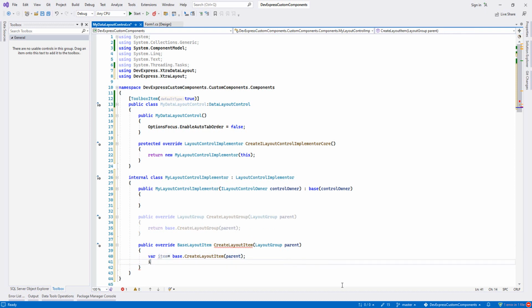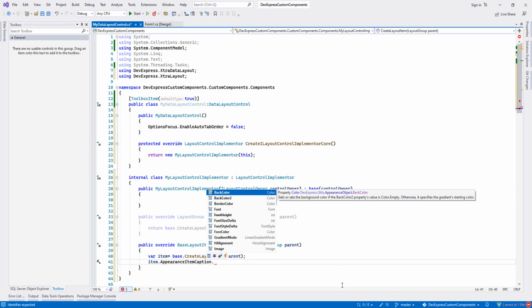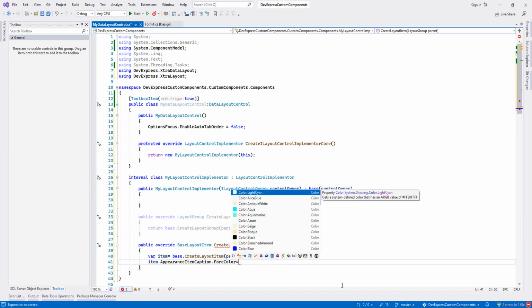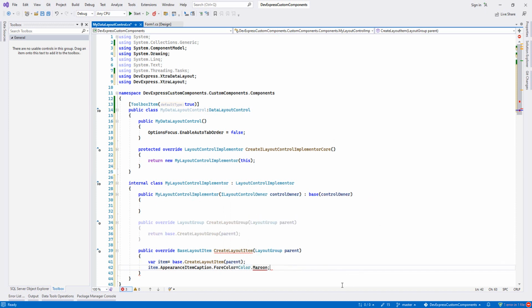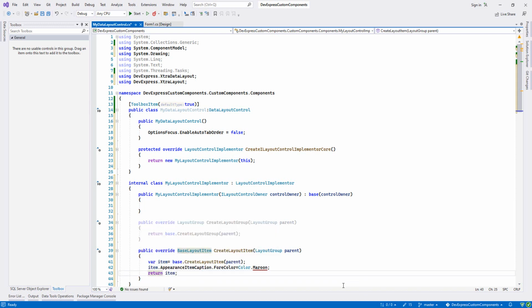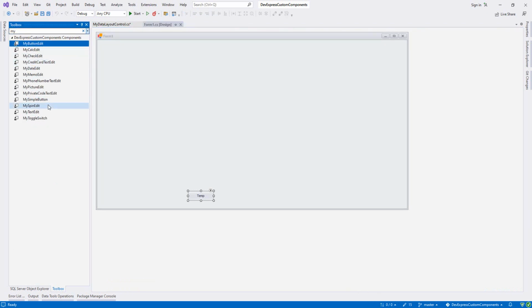And here we say item, then appearance item caption. And then I will say for color, I will change it to maroon. And then I will say return item. So here what we did, whenever we move any, for example, any of our component over our data layout control,